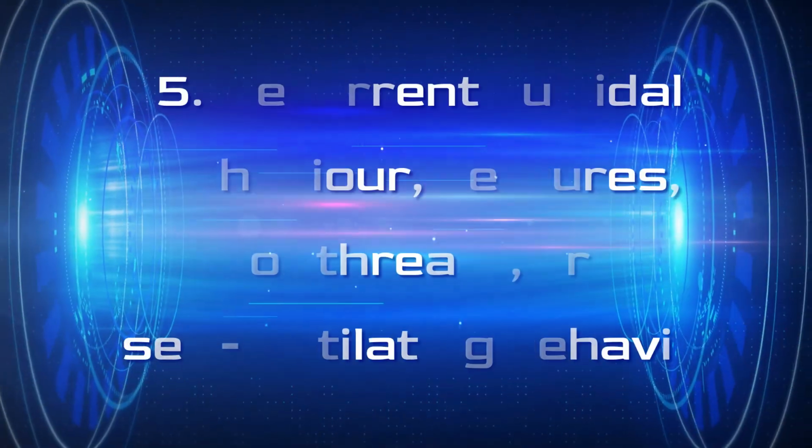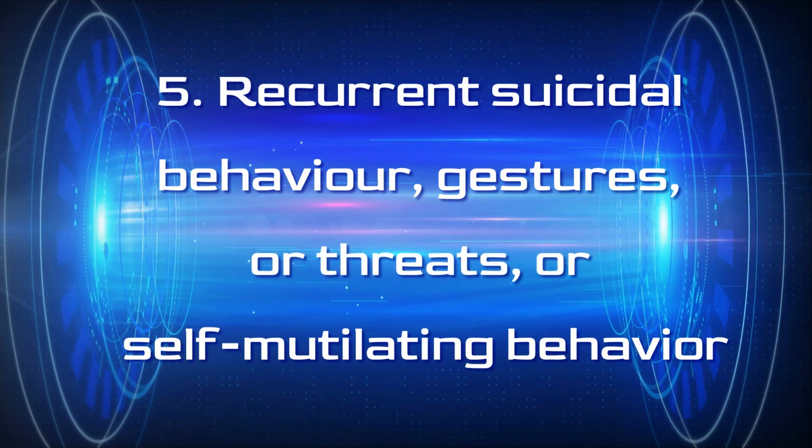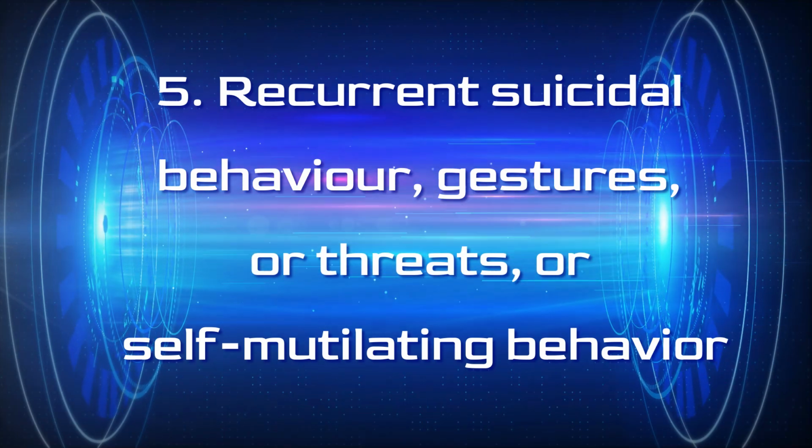The 5th characteristic is about recurrent suicidal behaviors, gestures, threats, or self-harming type behaviors. So this can be signposted to other people, or it can be very, very intense and very secretive, but it has to be present within there. So this is one of the key characteristics that is often visibly observed and is sometimes the thing that alerts services or emergency services to that individual's distress.